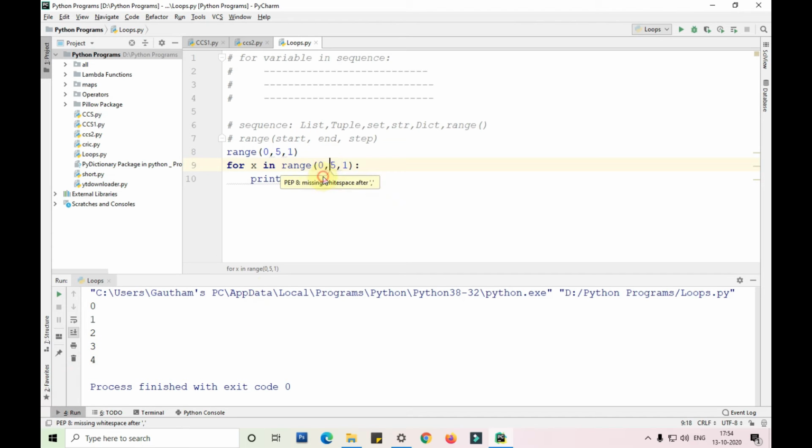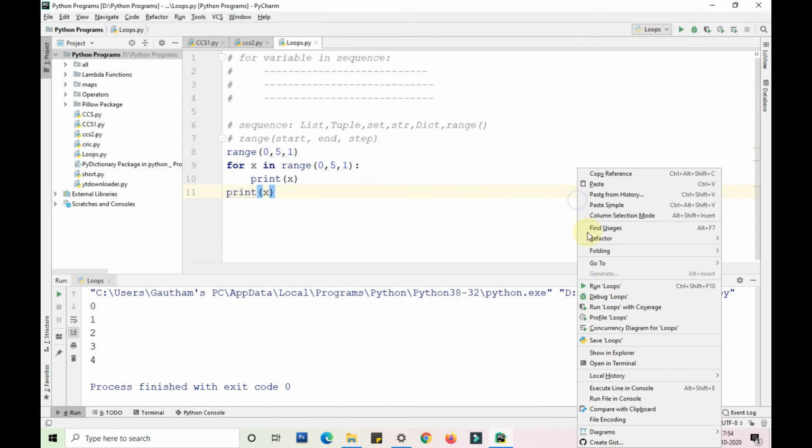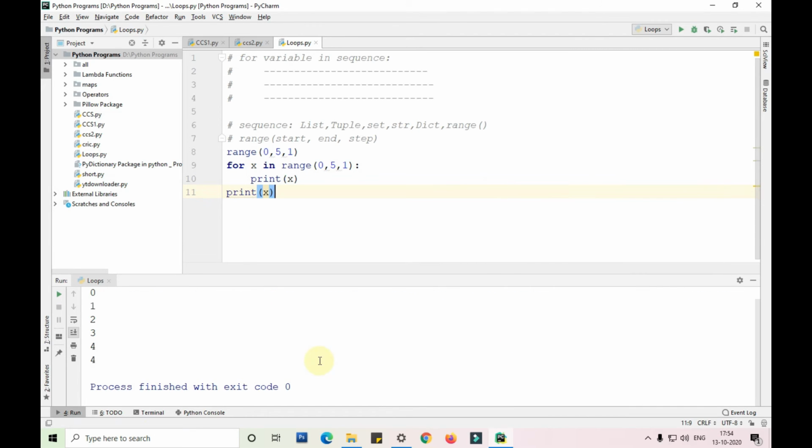So after it comes out of the loop, we can print anything here, like print thanks. Sorry, guys.